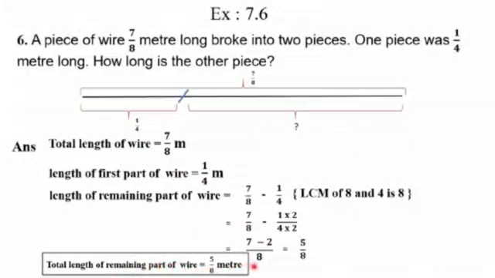Let us move on to the next question of exercise 7.6, that is the 7th one. Here Nandini's house is 9 upon 10 kilometer from her school. Nandini is a girl, right? And her house and school are a little far. So what is the distance between the house of Nandini and the school of Nandini? The distance between the house and school is 9 upon 10.